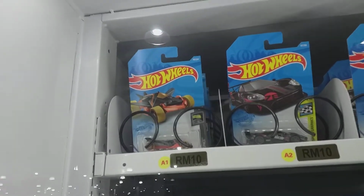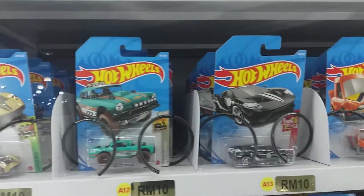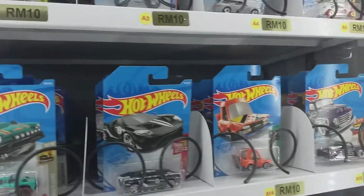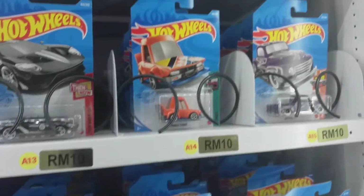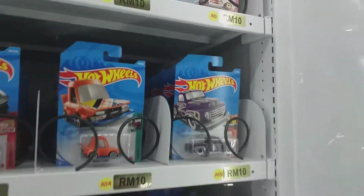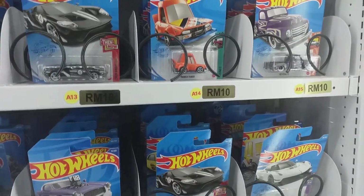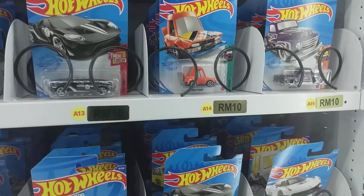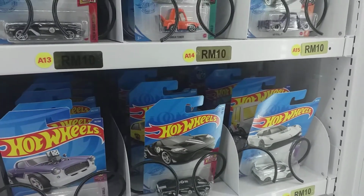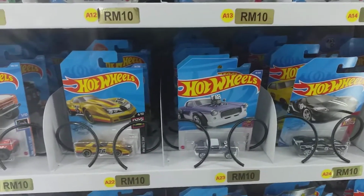Eruption, Pagani, the green Bel Air, another Ford GT with the Raijin Express, Manga Tuner, Ford F1, Koenigsegg with the Volkswagen Golf Tune behind, another Ford GT, the Nash Metropolitan,